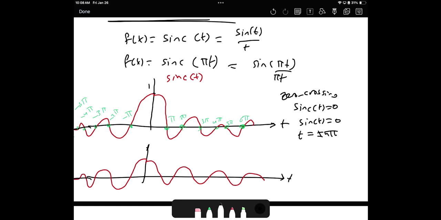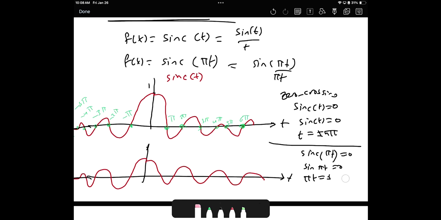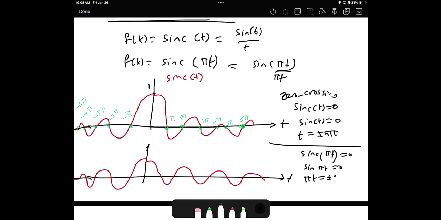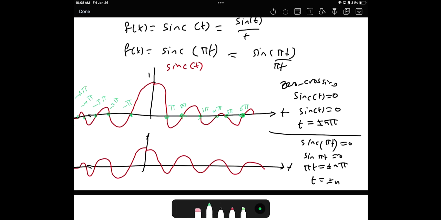Now, how about when sinc of pi t equals 0? That happens when sine pi t equals 0. Therefore, when pi t equals plus minus n pi, the pi's will cancel each other, so it will be plus minus n. Therefore, the zero crossing will be at